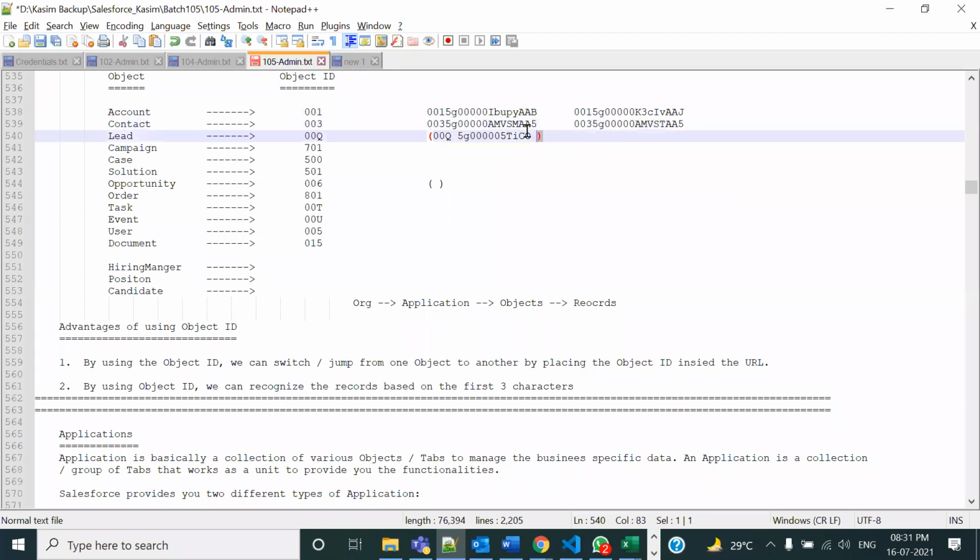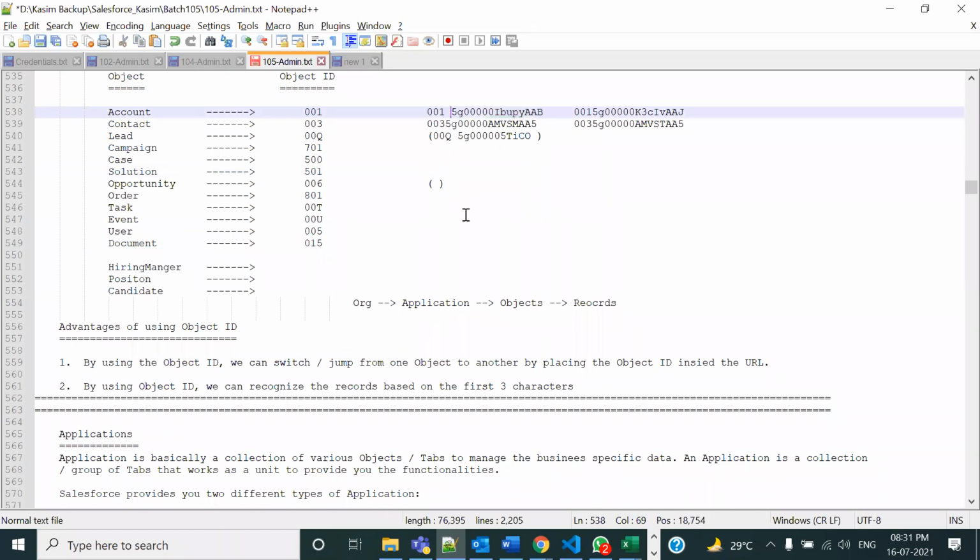तो क्या होता है, डीबगिंग के टाइम पे ना आपको इस तरह से रिकॉर्ड आईडीज मिलती है, ठीक है। अब बाय लुकिंग इनटू दिस रिकॉर्ड आईडी, आपको पहले तो ये पता चल जाता है कि ये रिकॉर्ड आईडी कौन से ऑब्जेक्ट का है। कैसे पता चलता है, दिस इज द 18 डिजिट आईडी एंड दिस इज द वे टू गेट द 18 डिजिट। कल मैंने आपको बताया कि योर ऑर्गेनाइजेशन आईडी इज आल्सो 18 डिजिट, लेकिन आपको वहां 15 डिजिट नजर आता है। डेवलपर कंसोल पे सब कुछ नजर आता है पूरा। तो रिकॉर्ड आईडी अगर डेवलपर कंसोल पे देखोगे तो पूरा 18 डिजिट नजर आएगा, और एडमिन पे जाके देखोगे तो सिर्फ 15 डिजिट नजर आएगा।